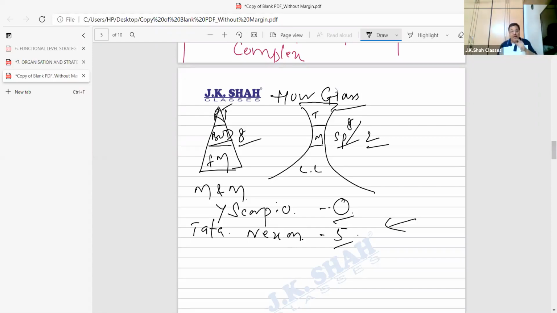Advantage number one is what? I can have direct communication with the lower level. Advantage number 2, if I keep 8 specialists, my salary bill is more. I keep only 2, my salary bill becomes less. Cost becomes less, profit becomes more. And this kind of a structure, students, says reduce the strength of the middle level manager, and that is why we are getting the hourglass structure. Barabar hai? Bolo beta, understood, Niyati?